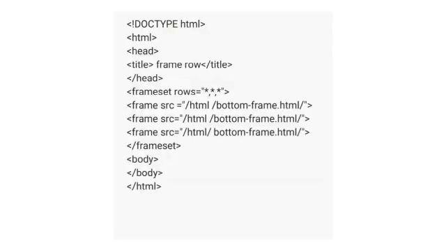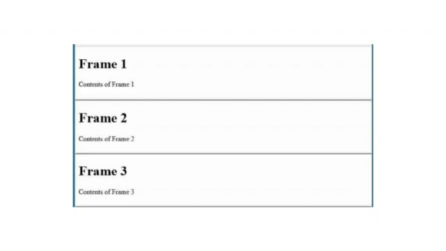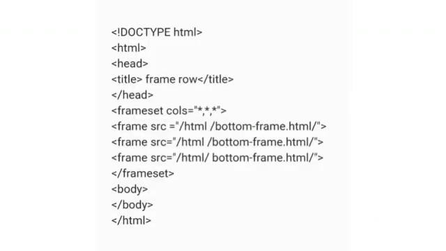Let's look at the program for rows and columns. First we'll look at rows. Use the mandatory tags: html, head, title, frameset rows. Include a src attribute to identify the place where exactly to place the row. Now end the frameset and html tags. Heading to the output, you will see a table with horizontal rows which will create 3 rows. Moving to columns, the same program is used for columns, only in place of rows we need to add cols. And for the output, you will see a table with vertical lines on it, which are the columns.